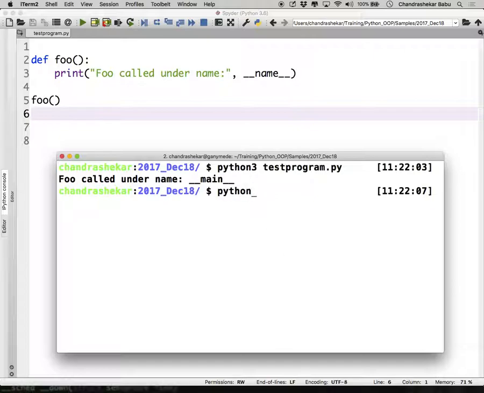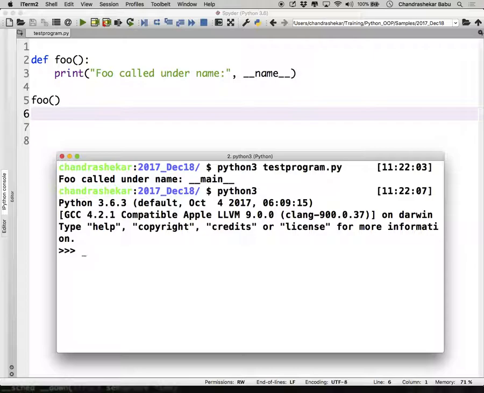Suppose you go to the Python 3 prompt. Inside the prompt, you can say import test program. Any file with .py extension can be treated as a module. When you load this as a module, the foo function is called. It started executing every line as a part of module loading. Foo function got called, trying to print a message.